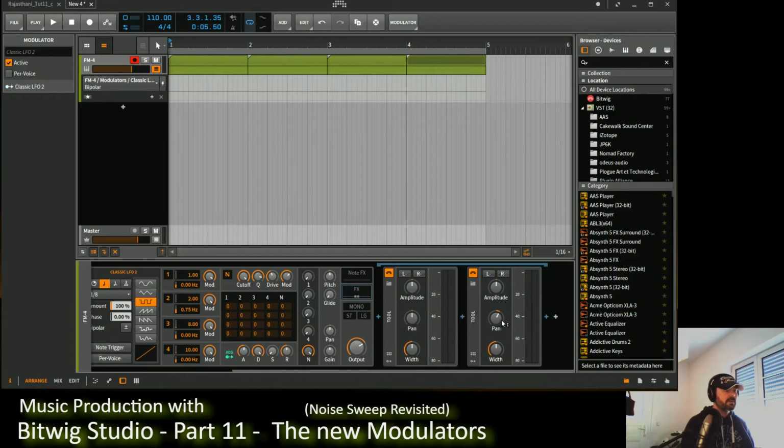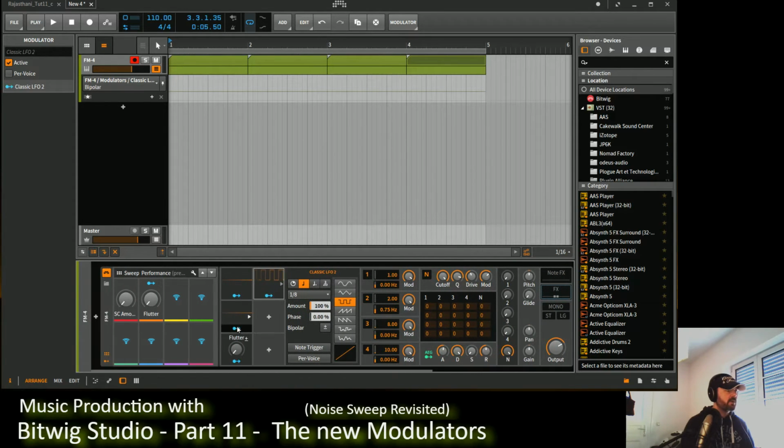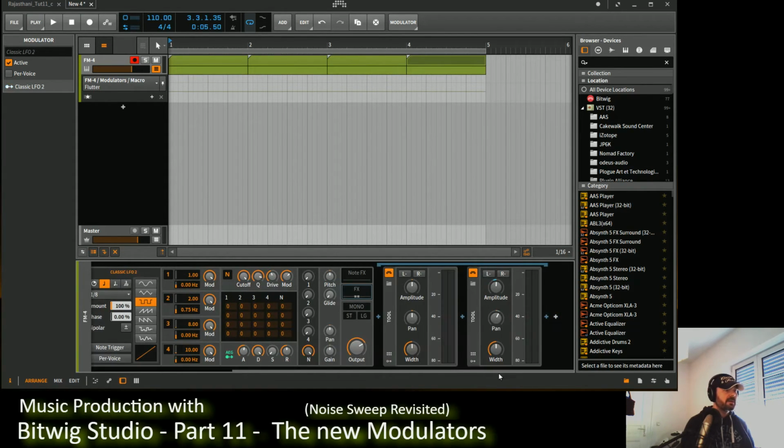Plus, as you noticed, I nudged pan to the right in order to compensate for the fact that this LFO here is unipolar, and if I had this in the middle it would only nudge the sound to the left, but I want this sound to go from left to right. And now I can compensate for that